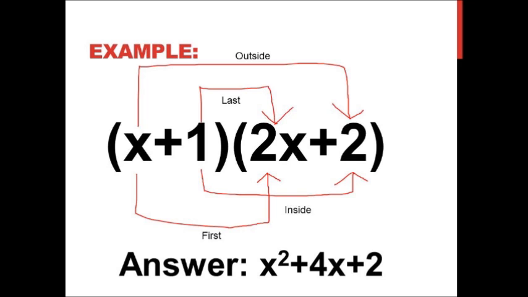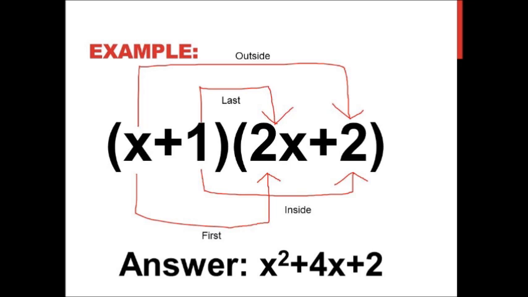Then you multiply the outer and inner terms, so both of them will give a product of 2x. So in your scratch work you will write something like 2x squared plus 2x plus 2x,